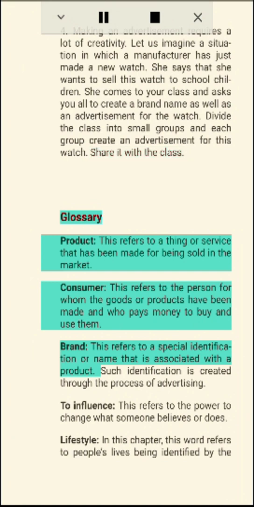Glossary: Product. This refers to a thing or service that has been made for being sold in the market. Consumer. This refers to the person for whom the goods or products have been made and who pays money to buy and use them. Brand. This refers to a special identification or name that is